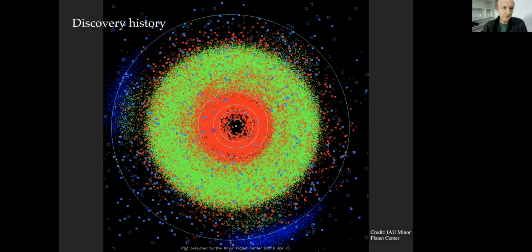of the solar system. So I'm going to focus on the asteroids, and I'm going to discuss them from a recent perspective, except for this introduction, where I'm going to show you the way in which the asteroid belt has been unveiled as a function of time. So this will relate back to the early discussion about the impact of technology on the discovery rate of things